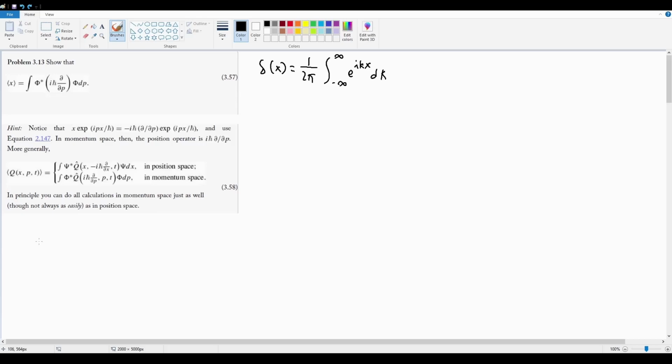So let's start with just the expectation value in position space. We already know, because we've done this hundreds of times, that the expectation value of x in x space is just the integral from negative infinity to infinity of psi star multiplied by x multiplied by psi, closed by dx. If we want to convert this into momentum space, the first thing we're going to do